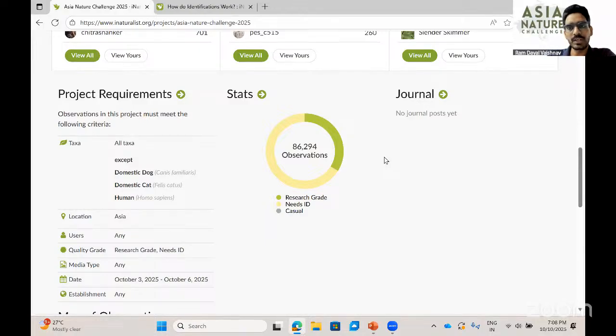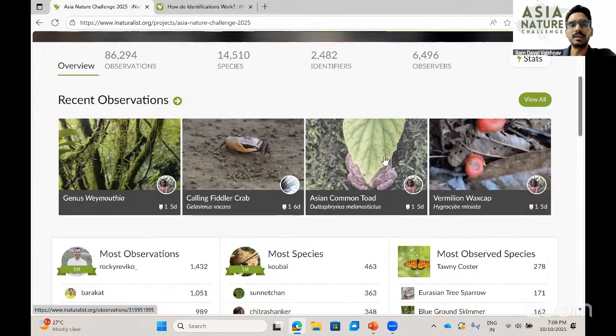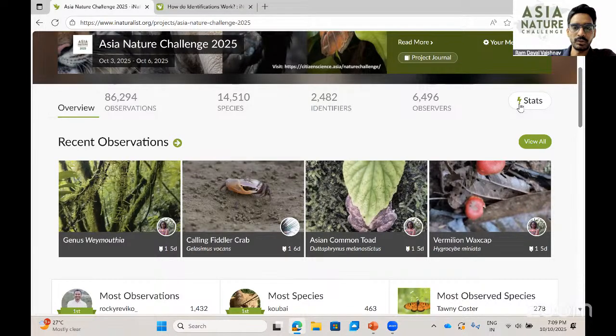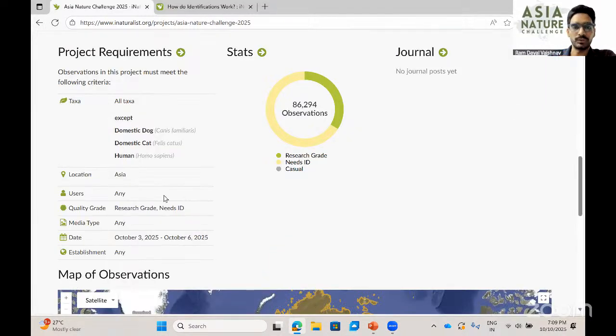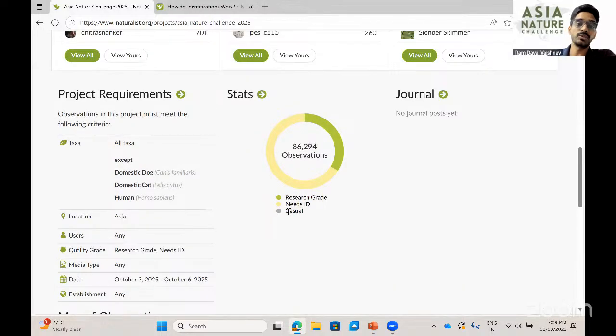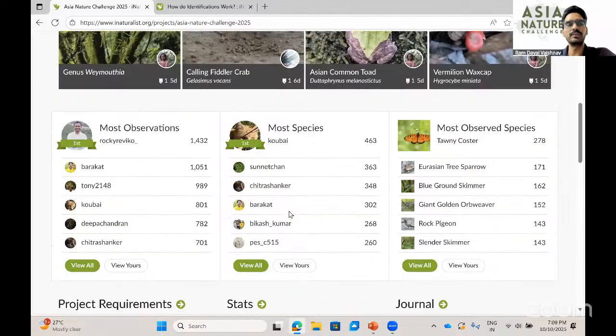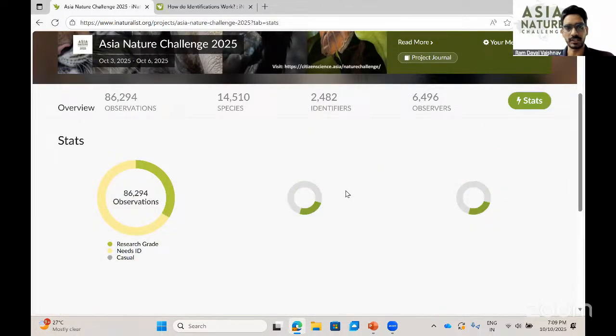There are a number of things which can be taken care of while we upload observations or while we are in the identification phase. Number one, we do not want non-wild identifications or observations on the project. So if there is any casual observation which has been uploaded as an observation currently, you can mark it as captive or cultivated. That is also one of the steps in the identification process: whenever you see a non-wild organism which is captive or cultivated, you mark it so. And that will eventually help us in increasing the research grade percentage. Although the idea is not to increase the research grade percent, but to reflect the right kind of observations which we want in the project. So that is number one.